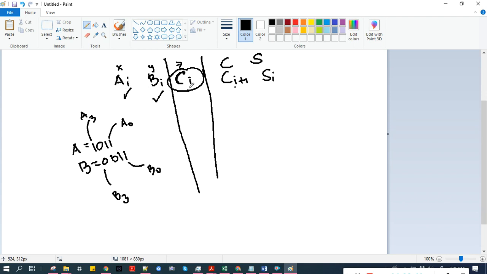So we can consider this as an output, but since we're considering an n-bit binary adder,